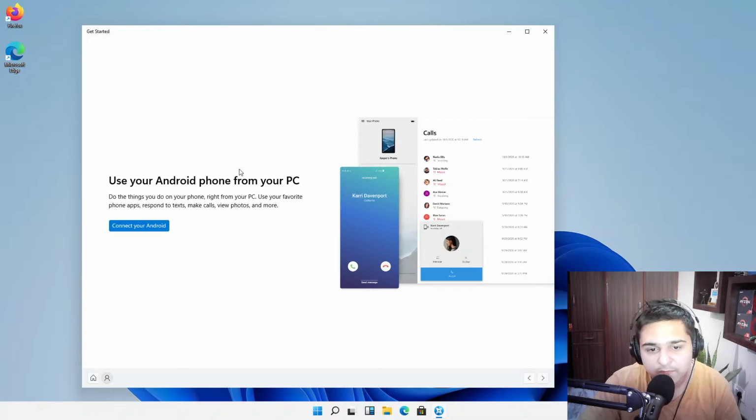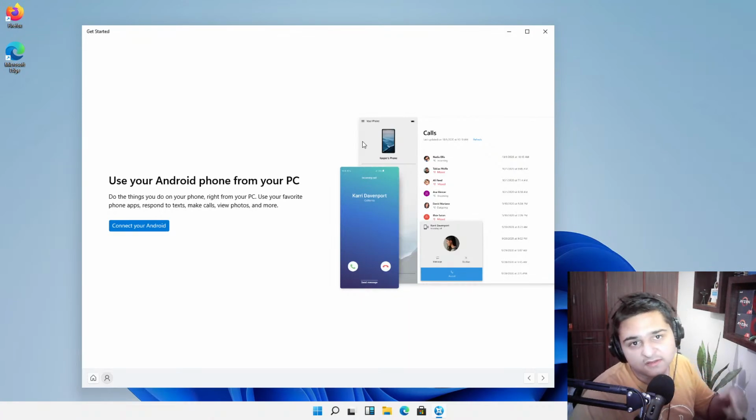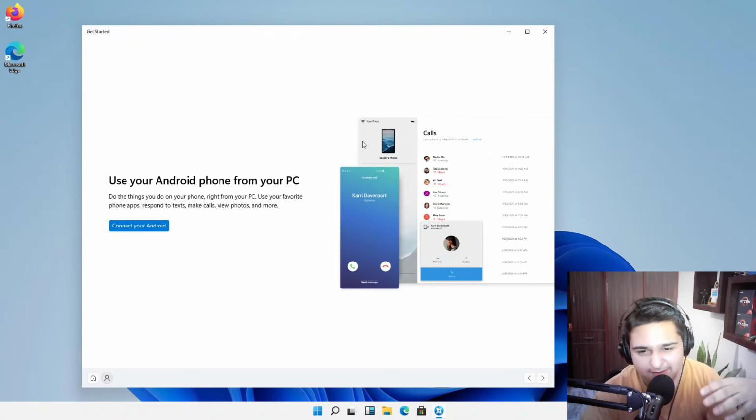Use your Android phone from your PC. This, Your Phone app, I had tried it. It's okay, but it's nowhere close to KDE Connect. If you've ever tried KDE Connect, it has like